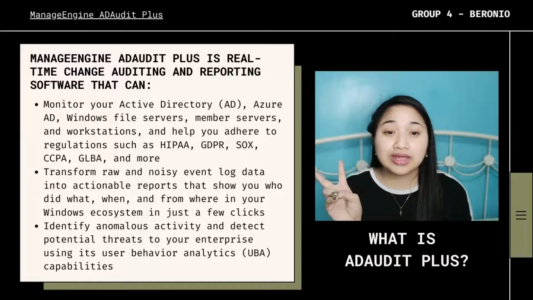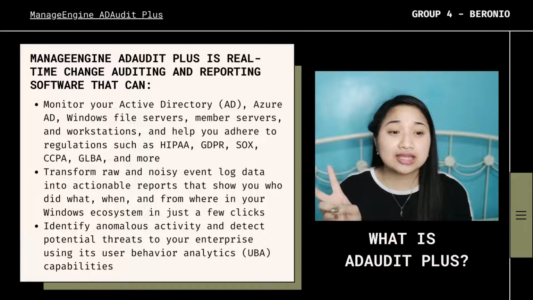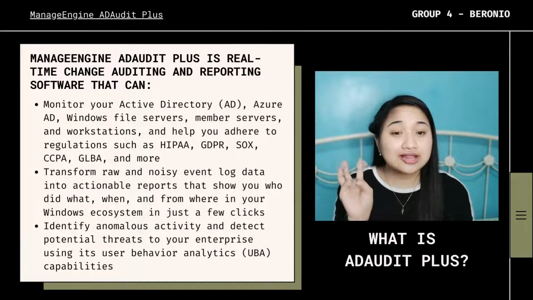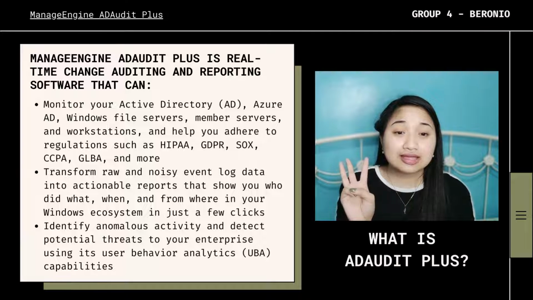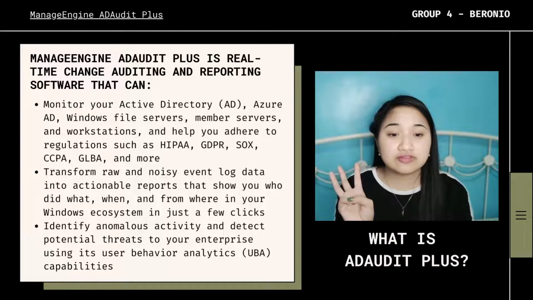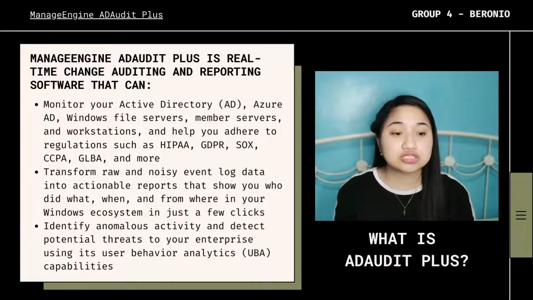Dito makikita kung may ginagawa bang changes sa server, sino yun, kailan, saan. Malalaman yan in just a few clicks. And lastly, it identifies anomalous activities. So, kaya niya mag-detect ng potential threats using UBA or User Behavior Analytics. So, mamaya, yung next reporter, magkakaroon pa yan ng further discussions para makita nyo ano ba yung mga features ng